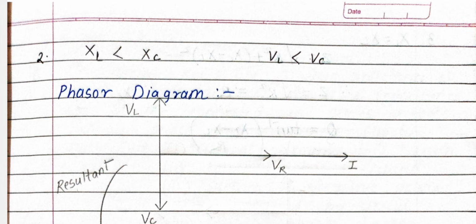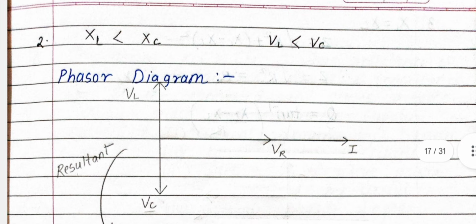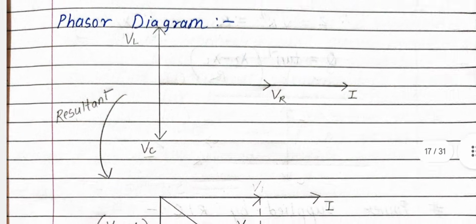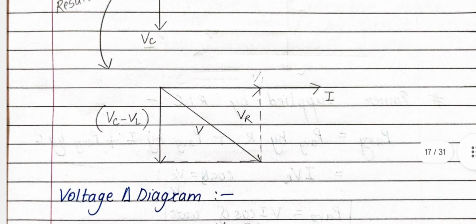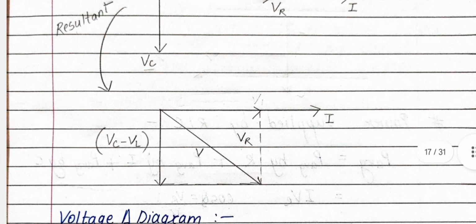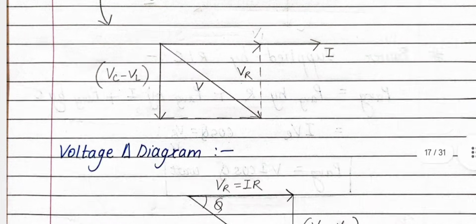So here the phasor diagram will show you. You have to draw VC greater this time. I think they look the same, but you have to draw the VC ray greater than the VL one, otherwise this phasor diagram is the same. And as I told you, in the capacitive case things are on the bottom side, the negative side. So just see the phasor diagram and draw, and as I told you, you have to write VC minus VL over here, and this will be your resultant voltage.